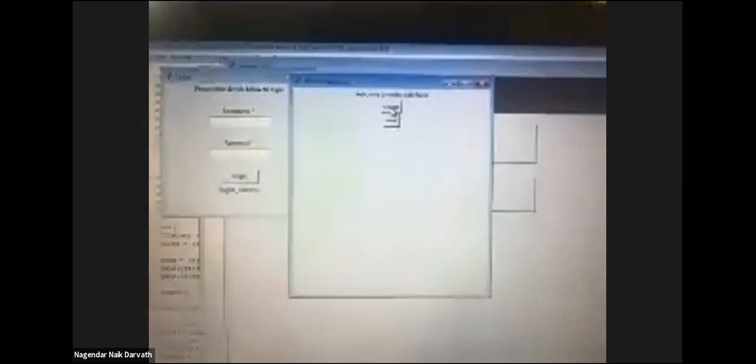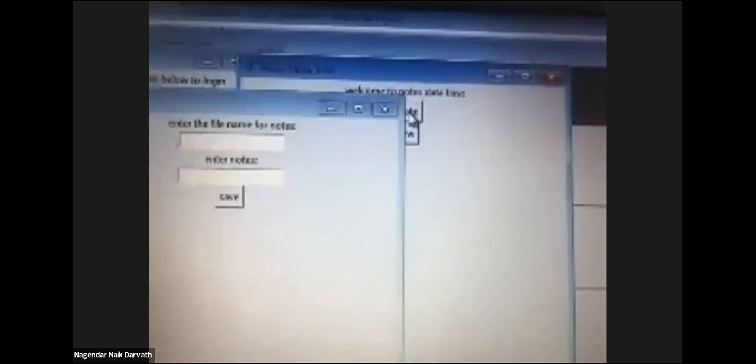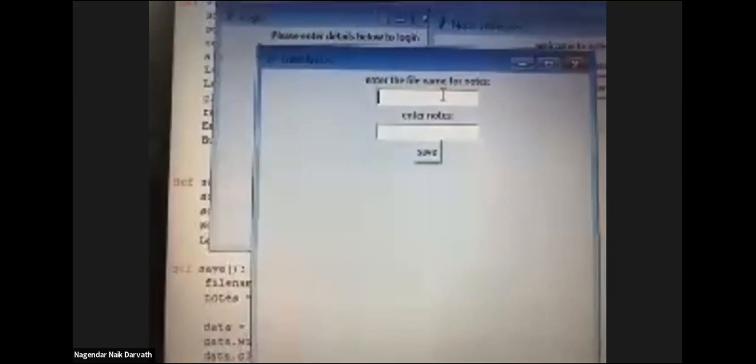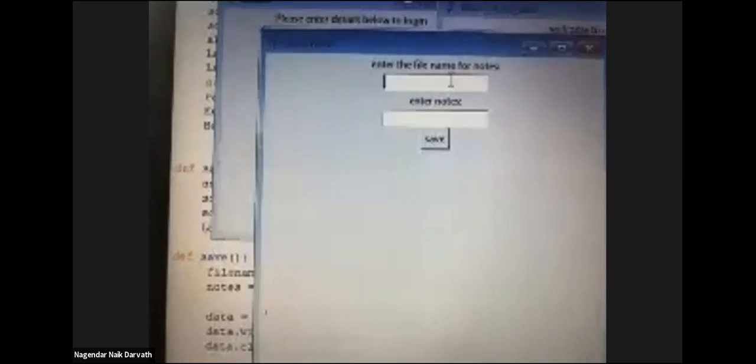So here it is to create a file. It can be student information, it can be employee information, it can be a new product which is received to a supermarket, it can be anything, right? So just say create. When it creates, it will show you two things. One is the object name, the student name, or the employee name, or if it is notes, then the notes file name. So here I can keep the file name as Nagendar.